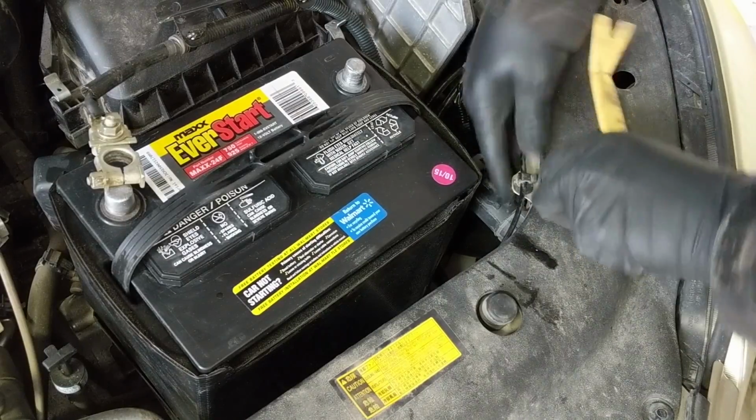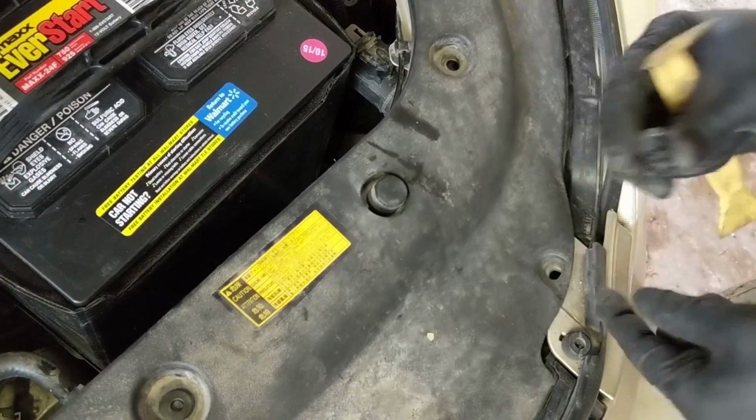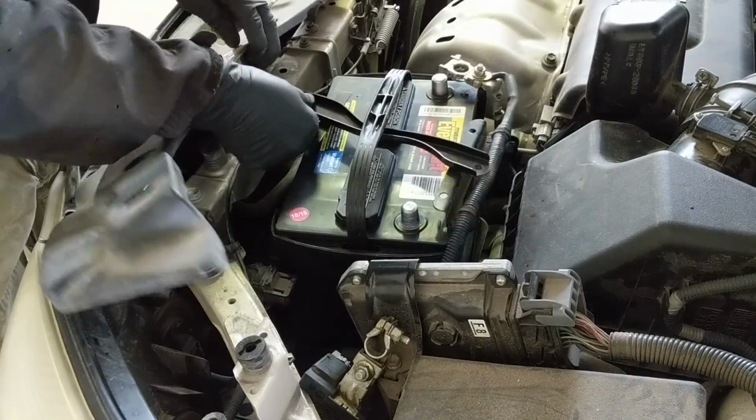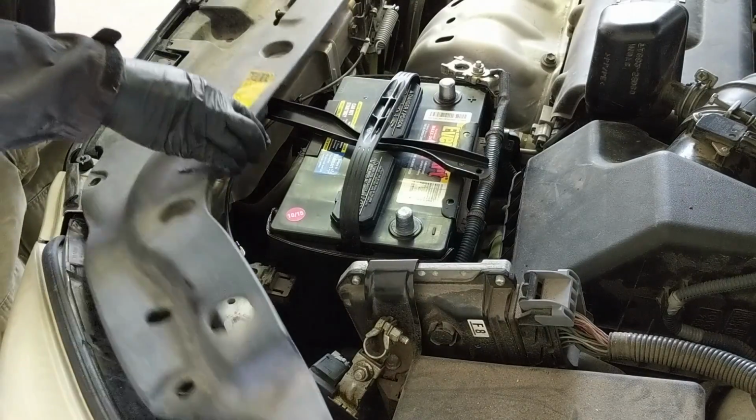I'm taking off a portion of this plastic cover because when I took off the battery hold down bracket, it was missing the front bolt. So I'm installing a new bolt here, 10mm head. I just used a trim removal tool to take off the plastic that it was hiding under. This is the rear hold down piece,